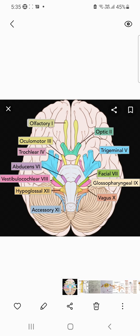Now the cranial nerves. There are 12 cranial nerves that emerge from the brain. They are named cranial nerves because they emerge from different areas of the brain. The 12 nerves are: the first is olfactory, second is optic, third is oculomotor, fourth is trochlear, fifth is trigeminal,